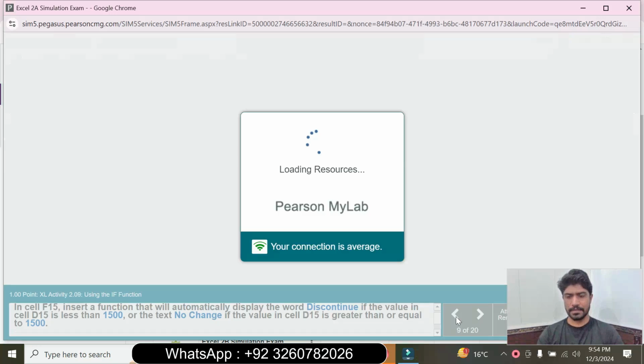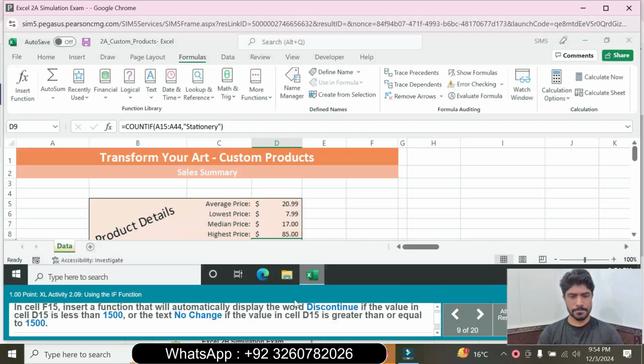So question number 9 is: insert the function that will display the word "Discontinue" if the value in cell D15 is less than 1500, and otherwise "No change". If the value in cell D52 is greater than or equal to 1500, select the cell F15